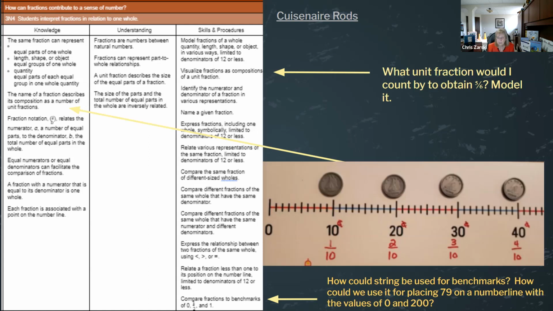Now, some students might even say, well, I could fold the 100 in half and that would give me 50. So now I know where 0 is, 50 is, 100 is, 150, and 200. That's pretty good. Because if you think about it in terms of money, now I know where 50 cents is and I know where $1 is, and you're asking me to put 79 cents on. That's pretty close to 3/4. Where do I get 3/4? Well, it's halfway between 100 and 50.